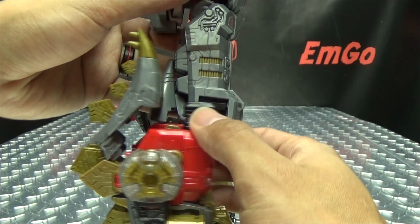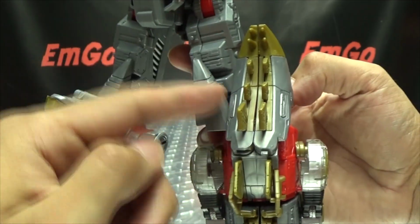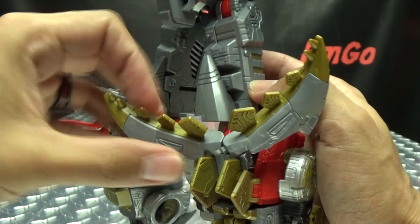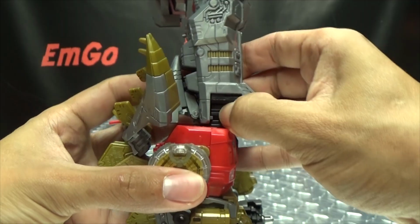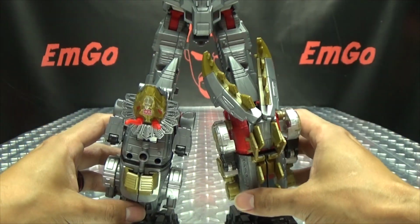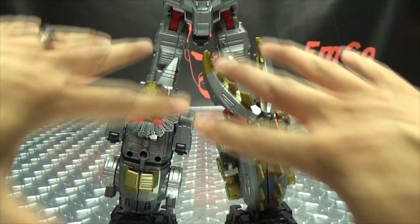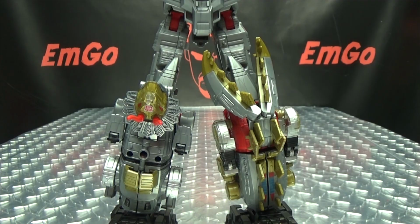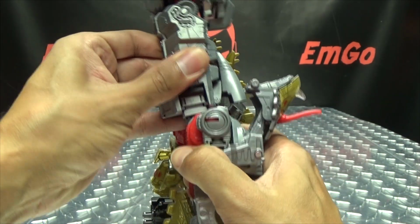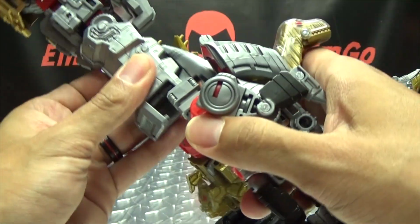As far as Snarl goes, again, his tail gets in the way of Grimlock's tail, but you can work around that by just opening the tail up. And now they're not really competing for real estate. So in the case of Slag and Snarl, you can work around this. Now, as far as Sludge and Swoop go, if you wanted to use them as legs, they pose more of a problem because